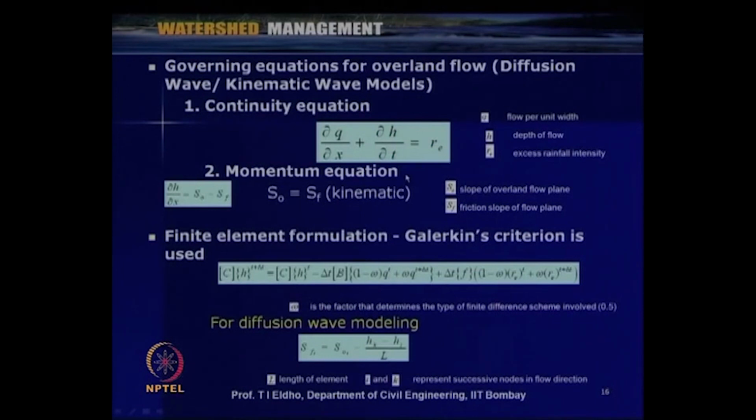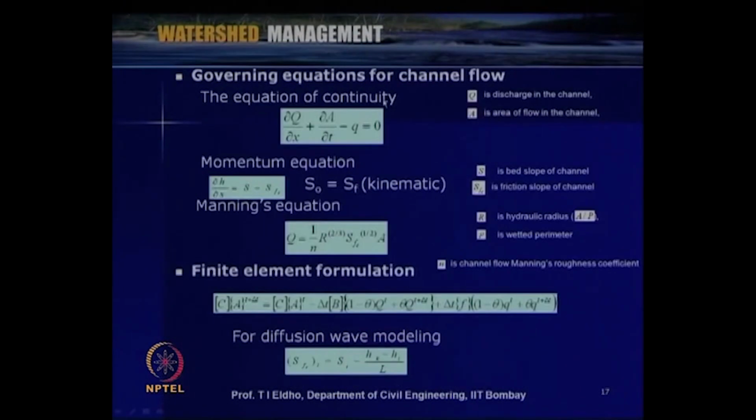So, we can have either the kinematic wave model or the diffusion wave model for the overland flow component, and this overland flow will be joining the channel. The channel flow is also modeled as 1-dimensional flow. So, here we have to solve the continuity equation given by this equation, and the kinematic wave form for the channel flow, again we substitute Betz